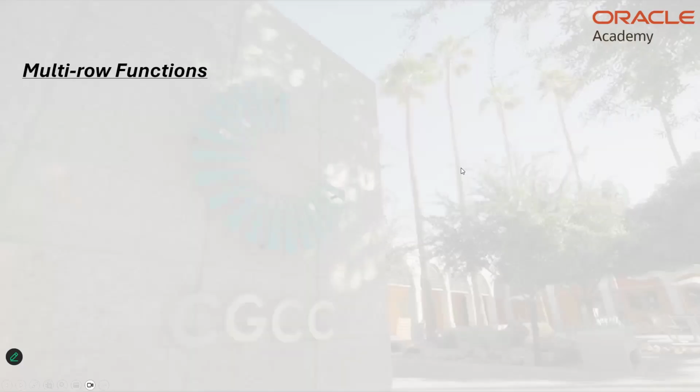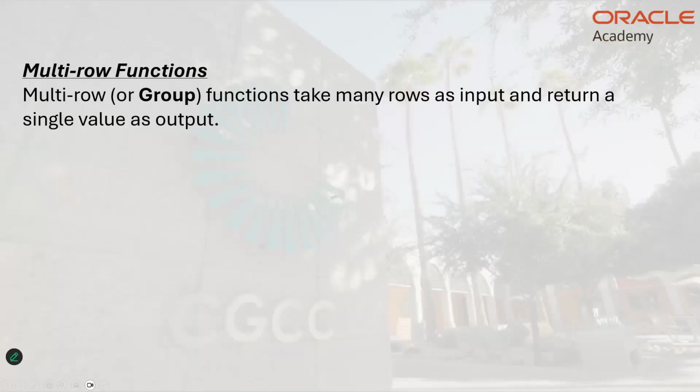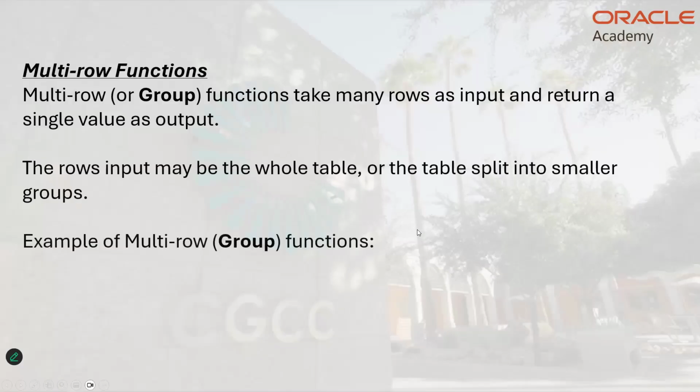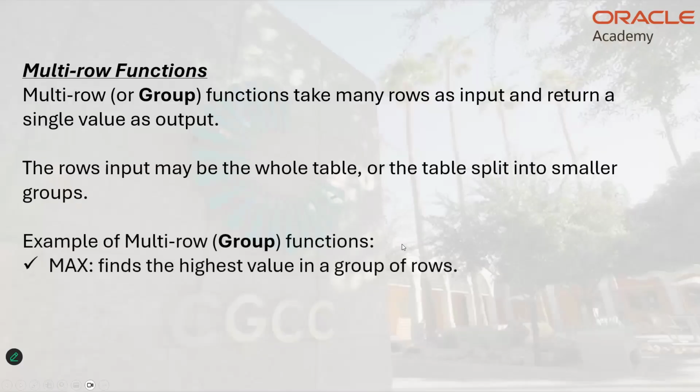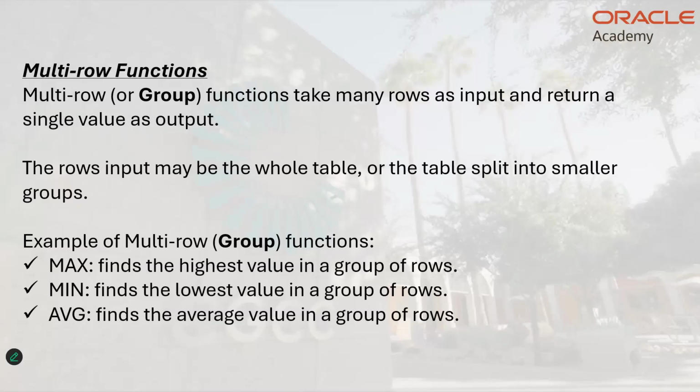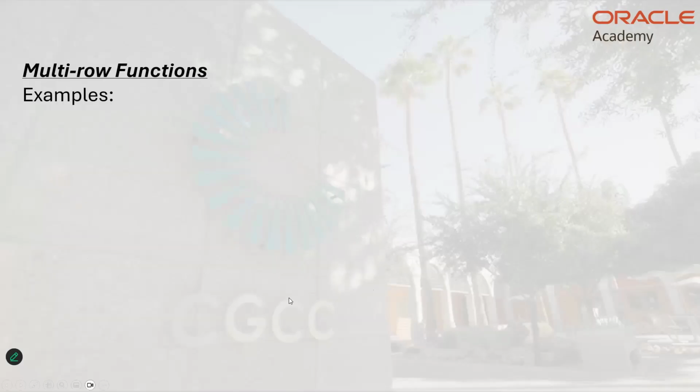So multi-row functions or group functions, once again, they take many rows and create one nice output. The input rows may be the whole table or the table split into smaller groups. An example of a multi-row function is max. You want to find the highest value of a column. The min, you want to find the lowest value. An average. You didn't know this was going to be a math scenario, but those three are a good example